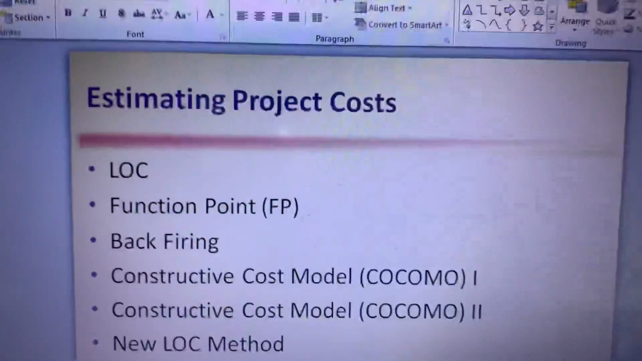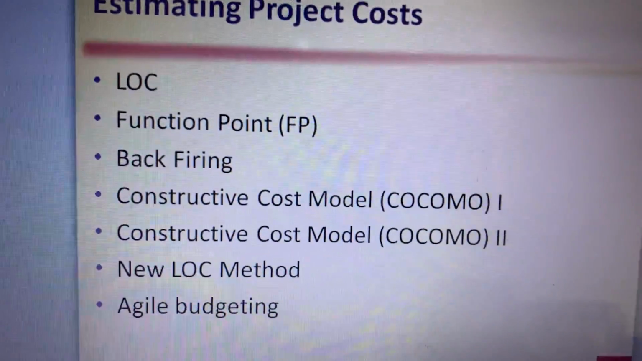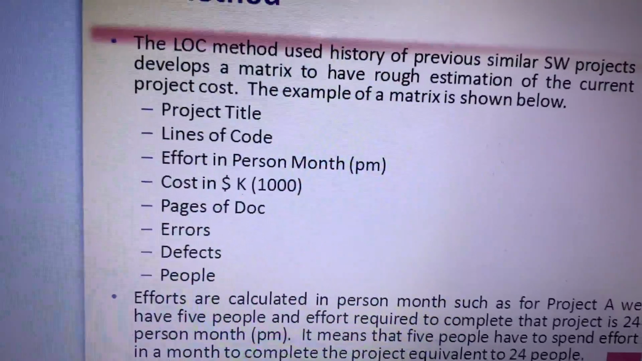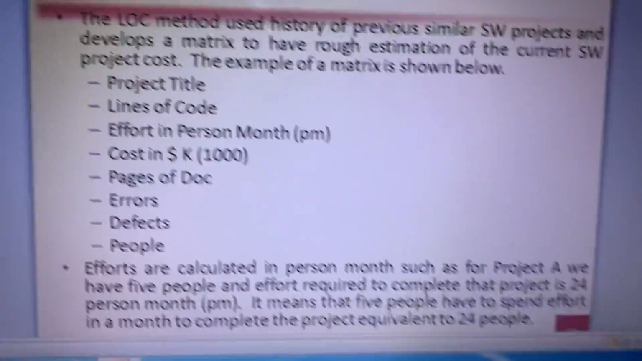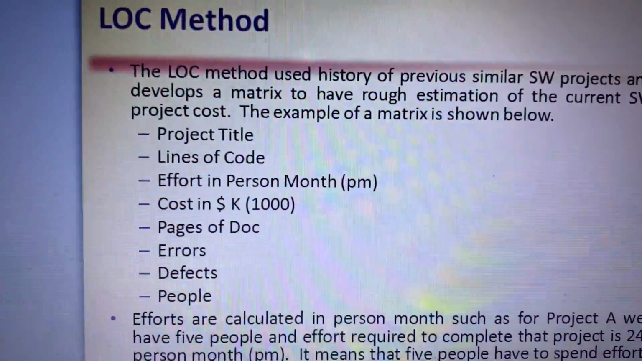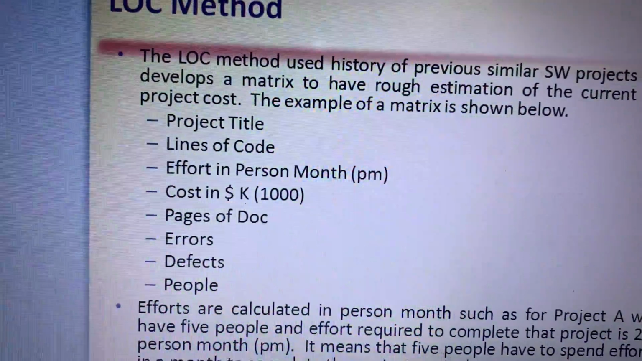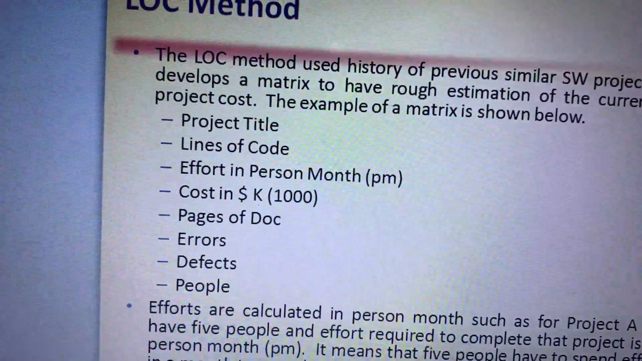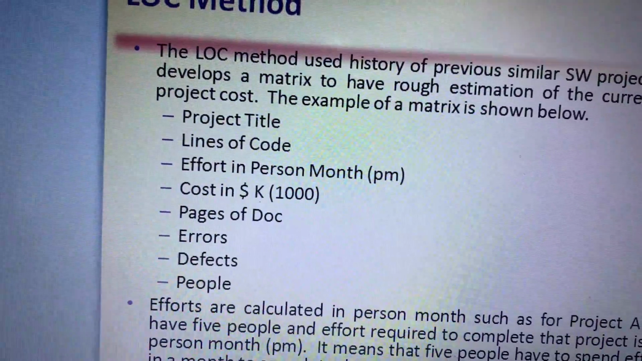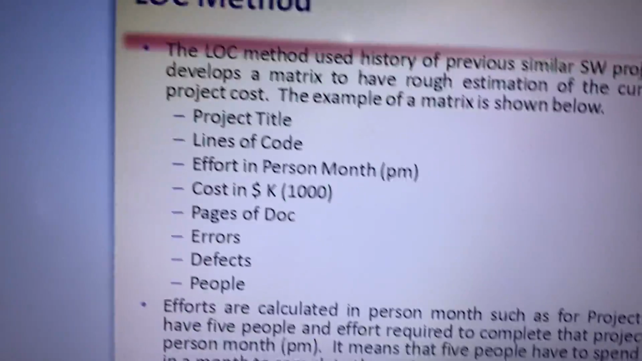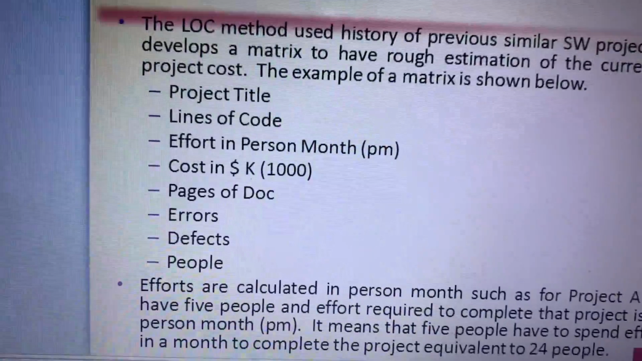We have a line of code technique, and these are the metrics we use for the line of code technique. We have project title, line of code, effort in person-months, cost, pages of documentation, errors, defects, and then